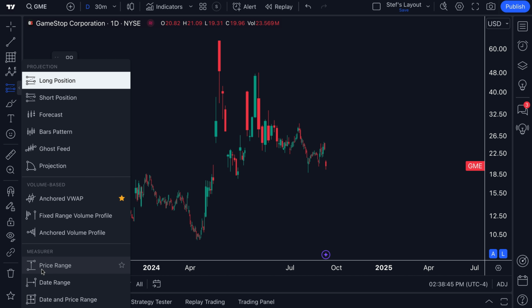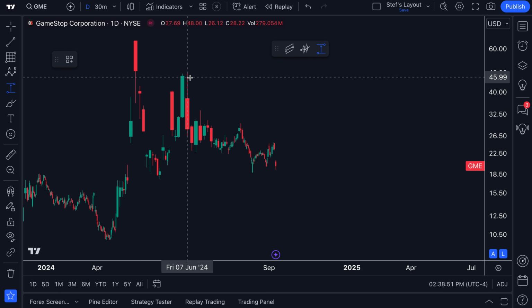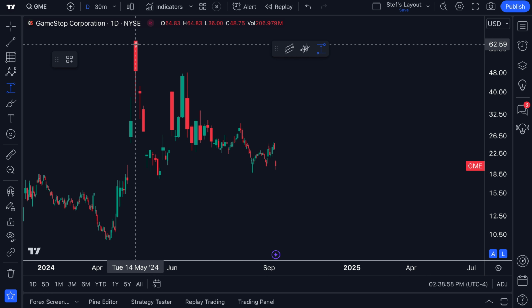Here's a great example. This price range tool is very powerful. The reason why it's powerful is that if you click this price range tool, you can now in an instant measure any percentage change or price change on the chart. So here's the highest point of GameStop. It spiked earlier in the year. So we click to